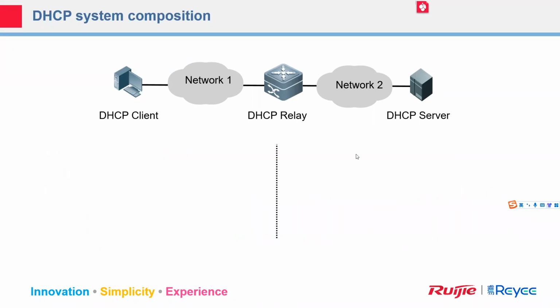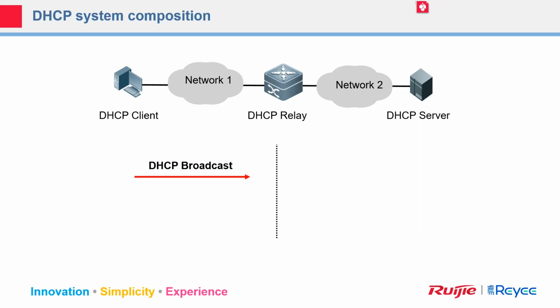Let's see this process. About the client, how does it get the IP address? The client will send out a broadcast packet, a DHCP broadcast. This one we call the DHCP request: hello, anyone here, I need an IP address. This is a broadcast packet. If the client and the server are in the same segment, the server can directly receive the broadcast. But if not, the client's broadcast packet is sent out and the server cannot receive it.